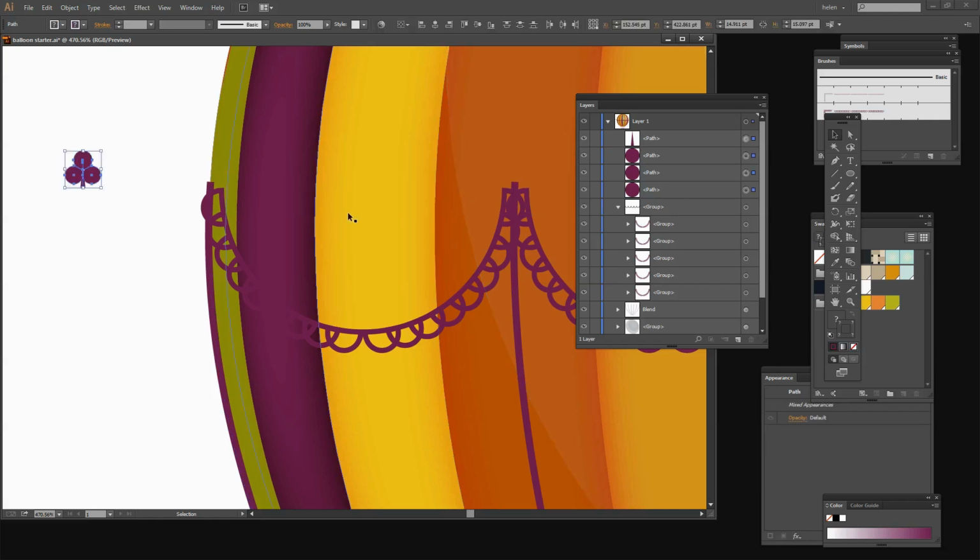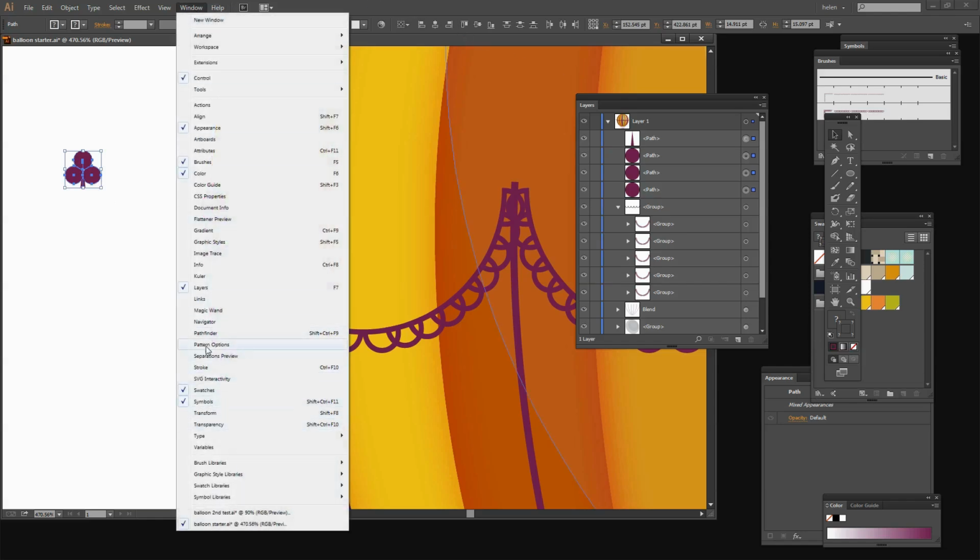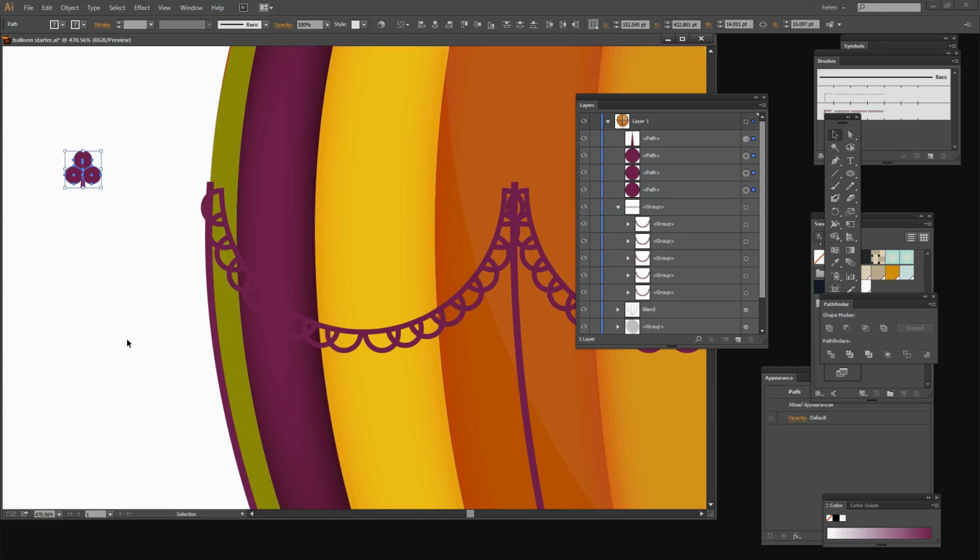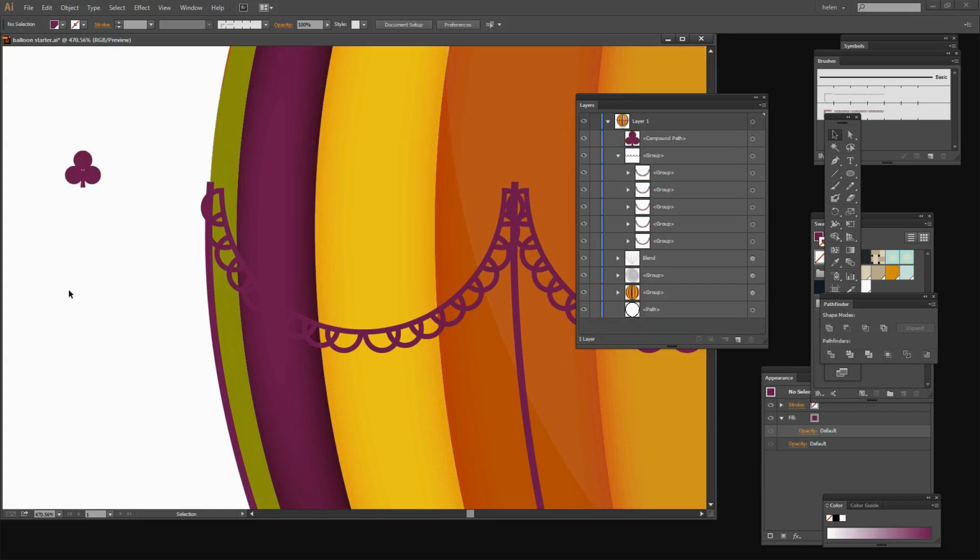So I'm going to select it, and I'm just going to use the Pathfinder with Window, Pathfinder, and I want to create a single object, but before I do I'm going to have to expand this stroke here. So I'll click on it and choose Object, Expand Appearance. So now it's a shape like the others. I'm just going to click on Unite to create the shape that I'm going to use. Drag and drop it into position here,